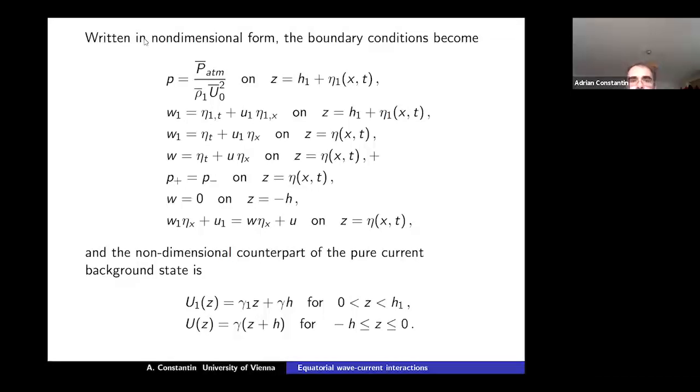And right, this is the equality of the, yeah, and the non-dimensional version of the currents are written down here. So basically, this is the velocity field on top, and this is the current on the bottom, and what you see on the bottom is an average of what is on the top.